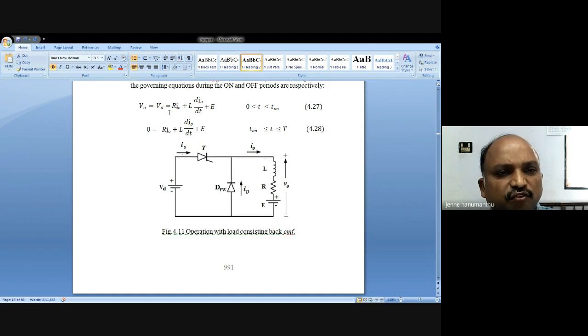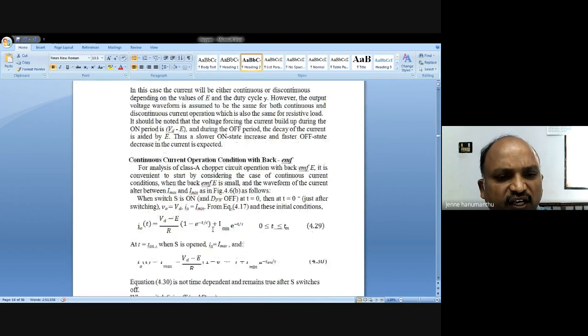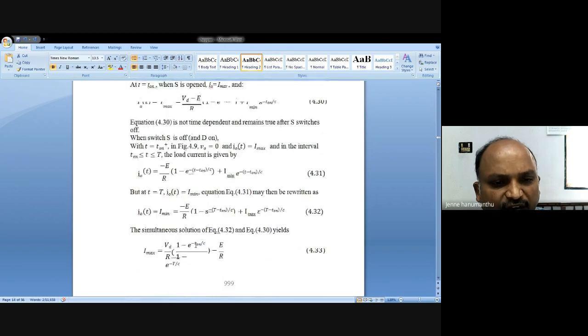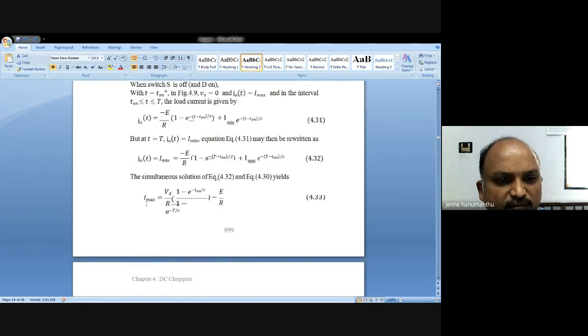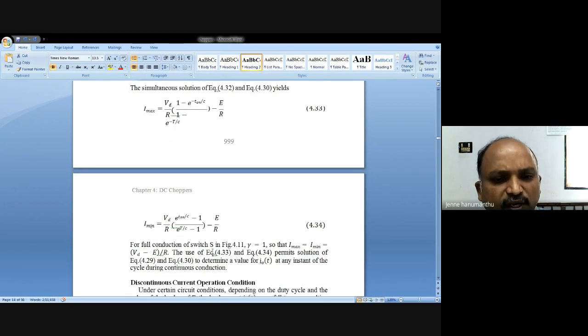These are the mathematical parts. V naught equals Vd. For this part, if you write R I naught plus L dI by dt plus the back EMF E, and do all these calculations, we get the mathematical part where you have to find the maximum and minimum currents.